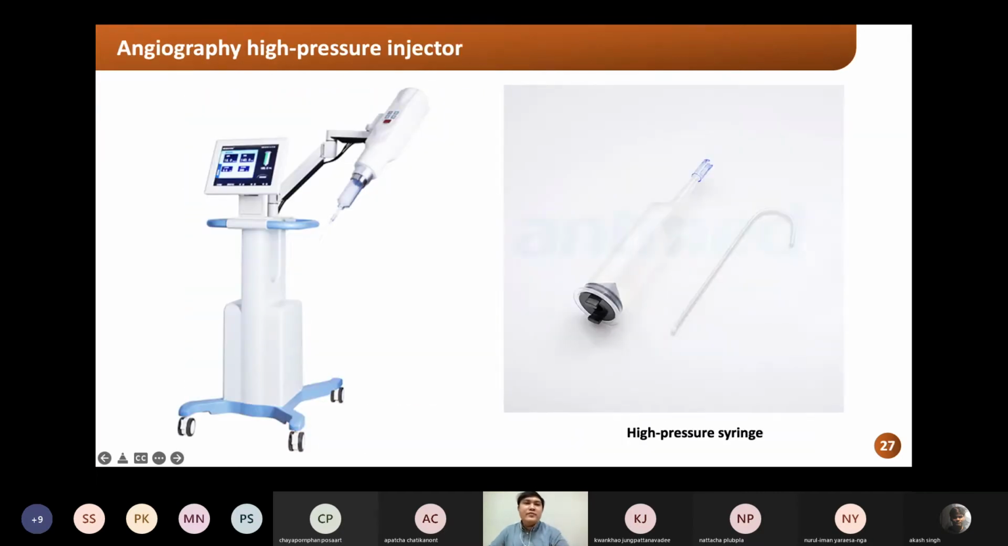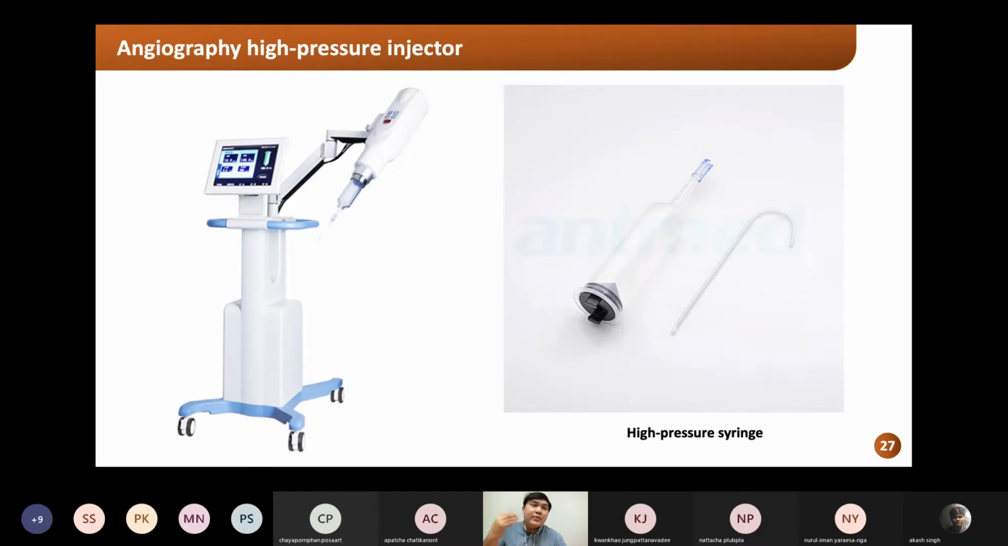All right, so I'm going to move on to another advanced instrument generally found in the cath lab. Here is the angiography high pressure injector, used to inject contrast media into other parts that require high volume and high pressure. Normally when we inject contrast into the coronary artery, we can use the manifold and inject by hand. You will learn how to set up and prepare the manifold next week